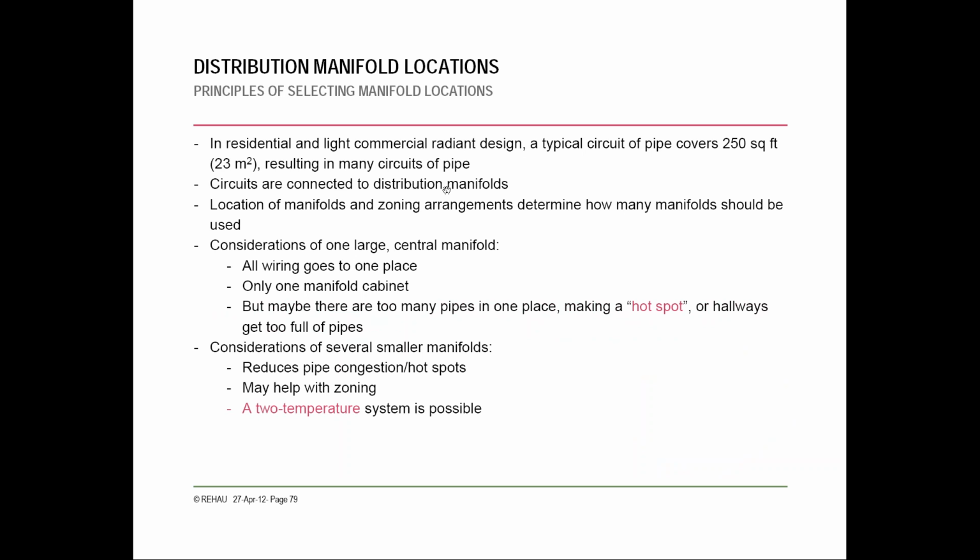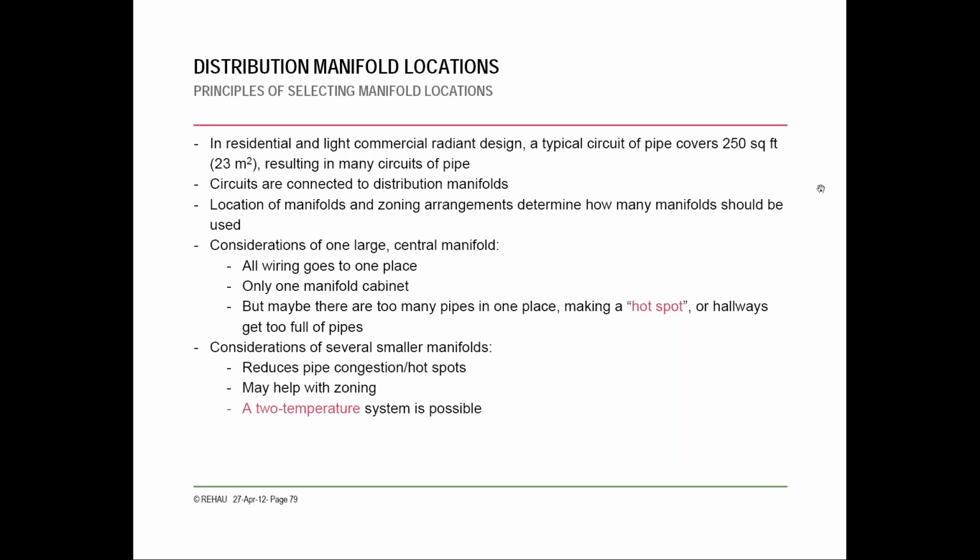All right, we'll touch quickly on this and then we'll get over to the estimating. The next thing after you've figured out the area that you're actually going to put the tubing in, and you've got your tubing, well, as you're doing your tubing layout, the manifolds will definitely come into play, but the next big installation piece is the manifolds. And depending on if you're in residential or commercial, where you put it can obviously make a difference based on access and whatnot. But these can go indoors, outdoors, in a landscaping box, or in a nice manifold cabinet with a